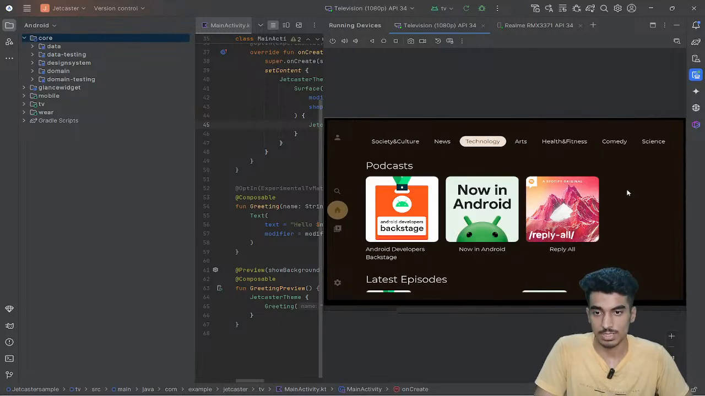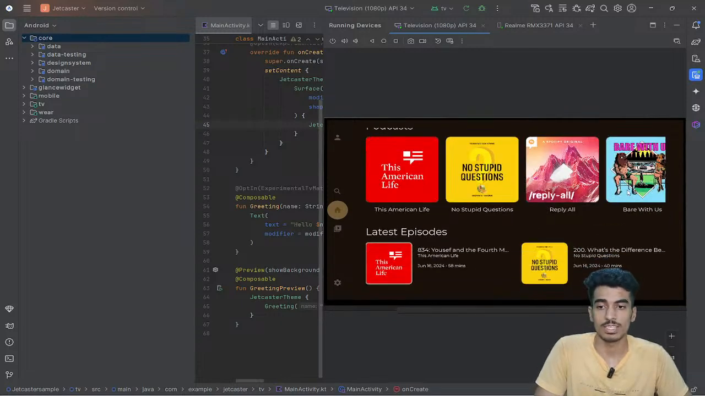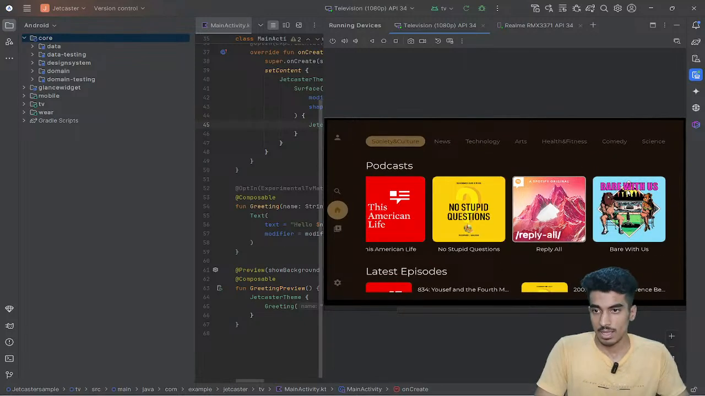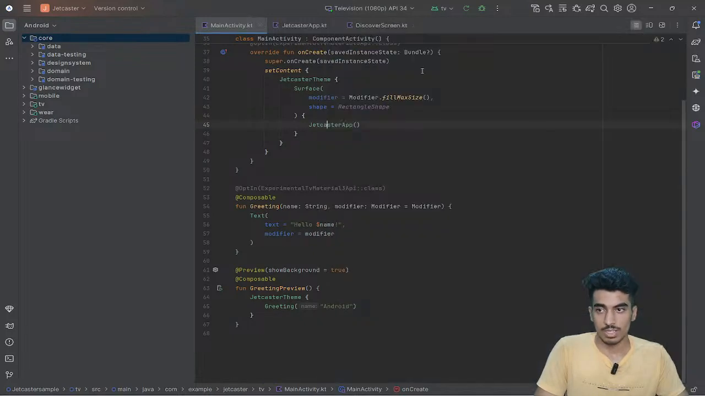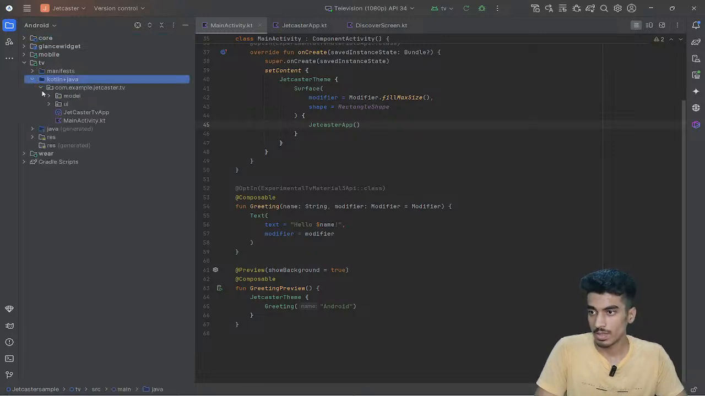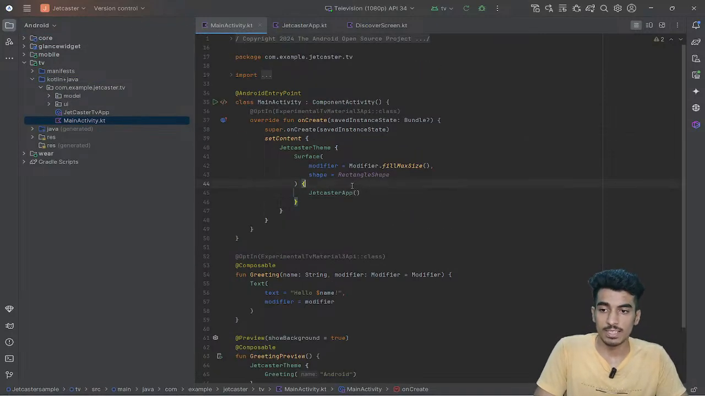So you have to use your keyboard, and there you can see they are making an API call using OkHttp3. And you can also check out their code base. So inside this TV module, you can see this is our main activity, so it is nothing different than our normal